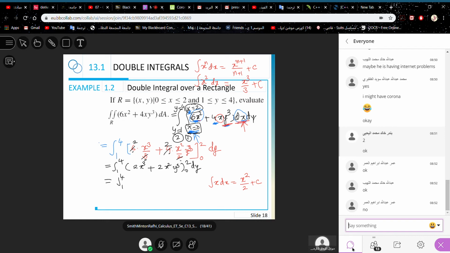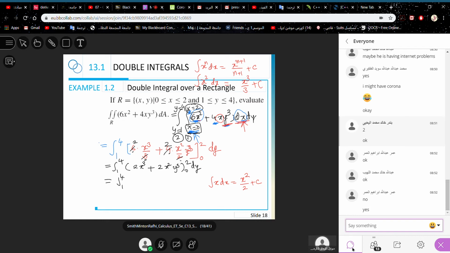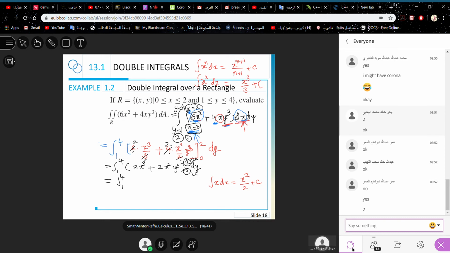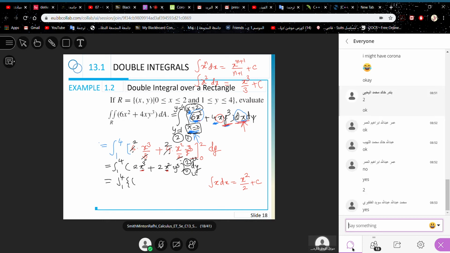What is the upper limit here? This is the upper limit, right? And this is the lower limit. So this is 2. Plug in this value wherever it is x. x is here and here, right? So just plug in the upper limit here. So this is 2